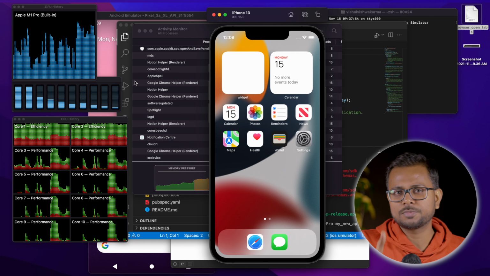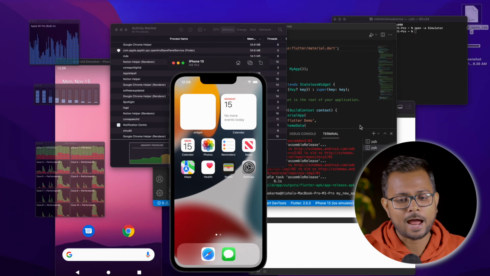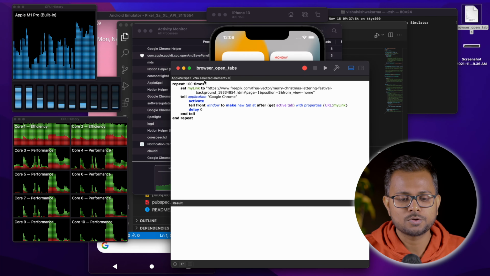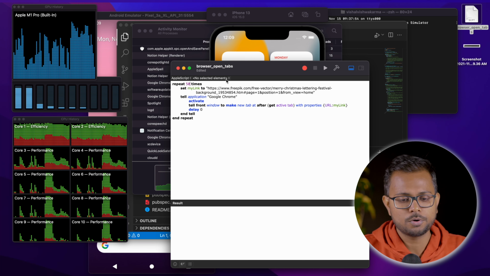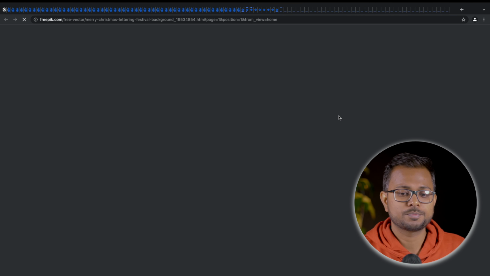Now let's do something more and try to stress test this. Once more, I'll add 50 more tabs. We have already opened up 15 tabs, then again we opened 100 tabs, that is a total of 115, and we'll go for 50 more. Save this and hit run. So 50 more tabs opening up, 165 tabs in total. 15 tabs were demanded, we went for 165.